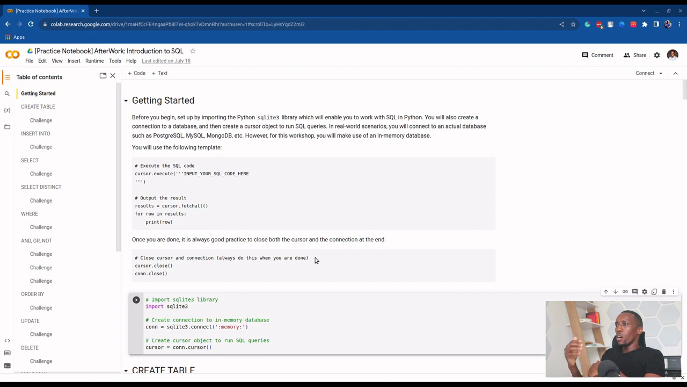The idea is that you have a grasp of how to write the queries that we've talked about. That's the most important thing, and you can apply that knowledge in whatever context. And it also doesn't hurt to be introduced to this new environment. One more thing is that